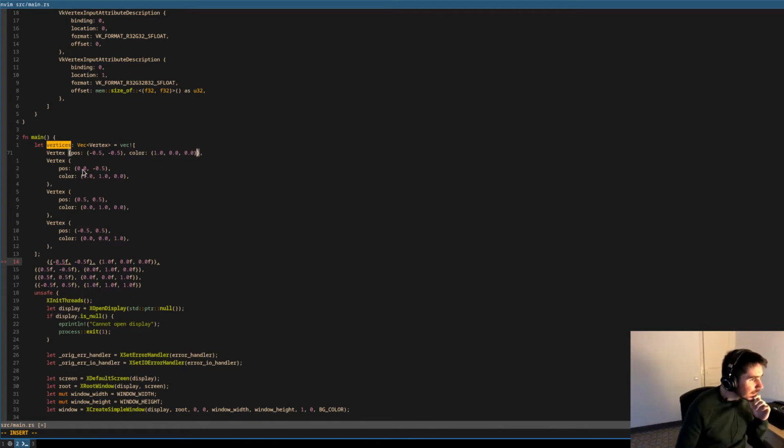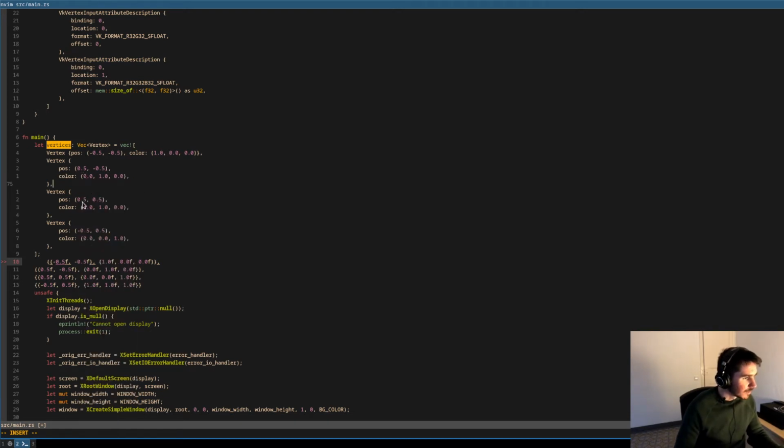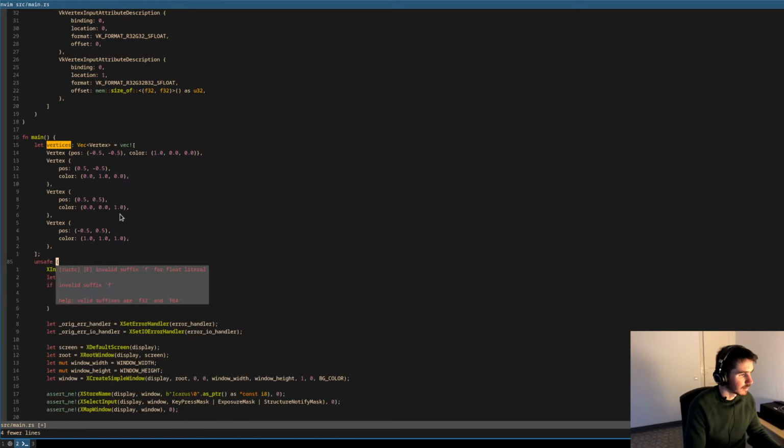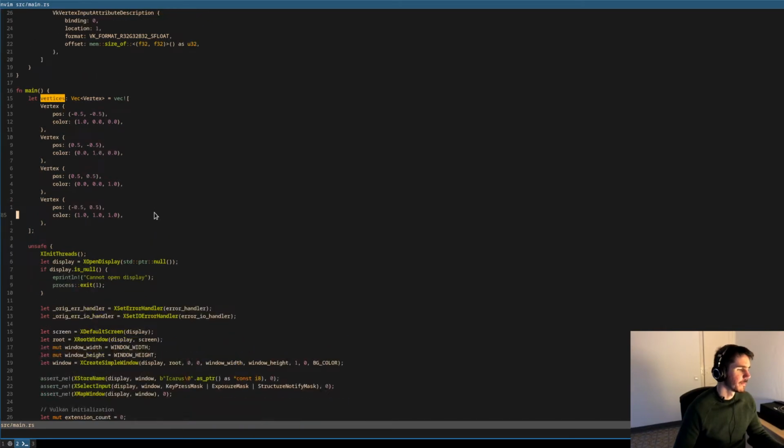The second one needs to be modified to 0.5, minus 0.5, and it's gonna be green. The third one is at the proper position, but it will be blue. And the last one, I think it's also correct, but we're gonna change the color to white. So get rid of this. So now we have 4 vertices instead of 3,